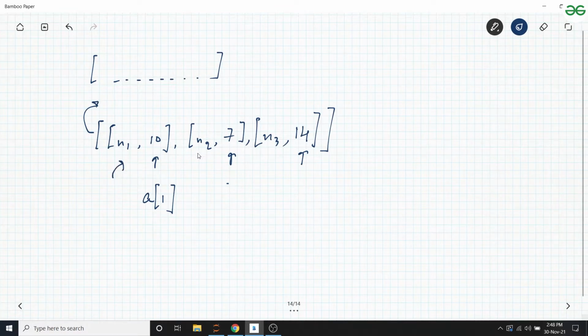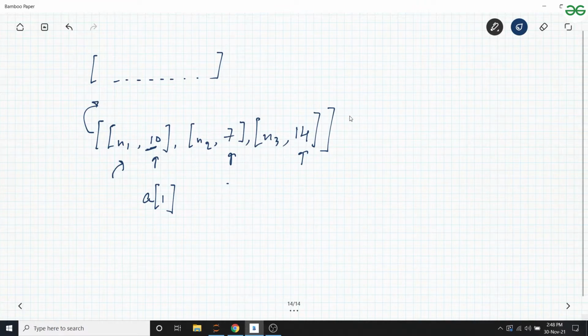Okay, let me explain it to you again. So now you know we have a nested dictionary like this, where n1 is a name, which is any random string, and then 10 is the number of marks they have scored in their class test out of 20. So now we have this nested dictionary n1 10, n2 7, and n3 14.